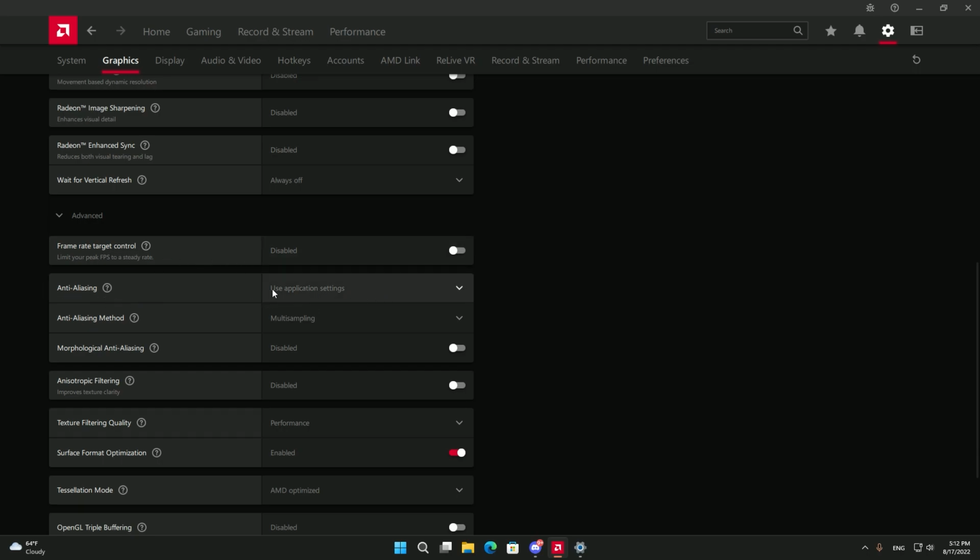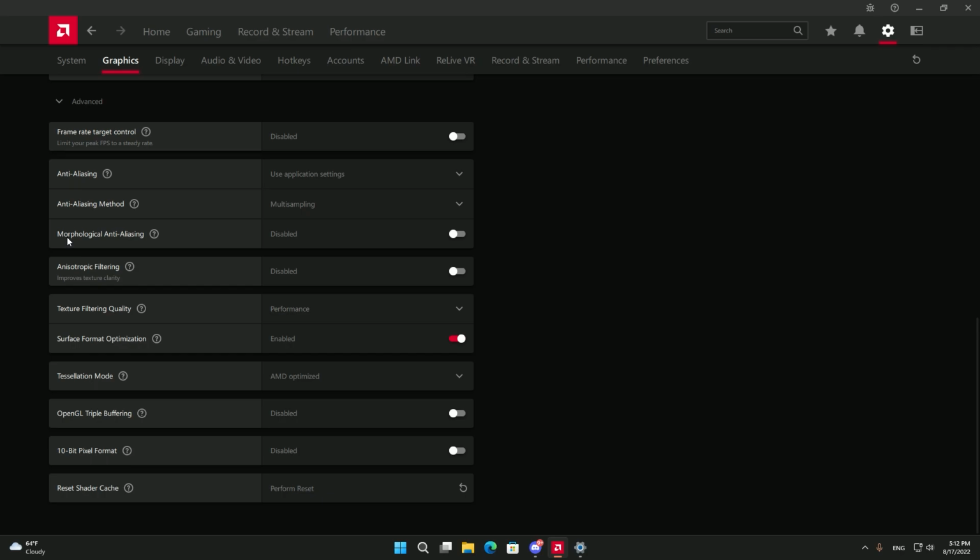Anti-aliasing, use application settings. Anti-aliasing method, multi-sampling. Morphological anti-aliasing disabled. Next one also disabled. Texture filtering quality, performance. Surface format optimization, I have it enabled. I don't actually know what it does, but I just leave it on because it says optimization. Tessellation mode, AMD optimized. OpenGL triple buffering off, 10-bit pixel format off, and this last one is